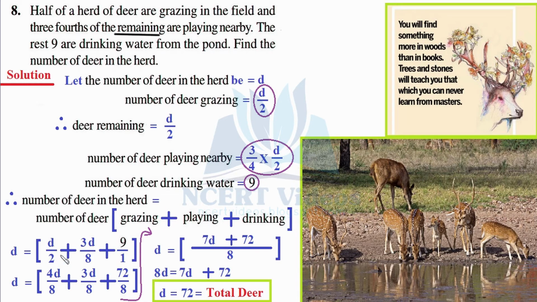If 2 is multiplied with 4, it will give us 8. So we did the same. 2 4s are 8. But doing so, we will change the value of this fraction, so we have to maintain it. In order to maintain it, we are multiplying the denominator with 4 to get 8, that is 2 4s are 8. We have to multiply the numerator with 4 as well, so that our value will not change. So let's do the same. D into 4 would be 4D. Therefore, we finally get 4D over 8. This 3D over 8, we do not have to change its value because we are not changing its denominator. So this is as it is.